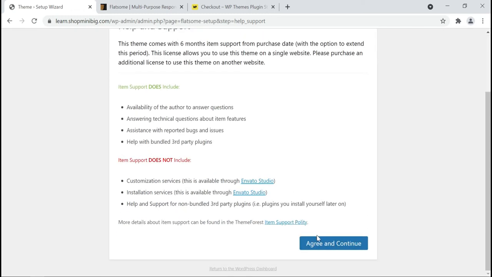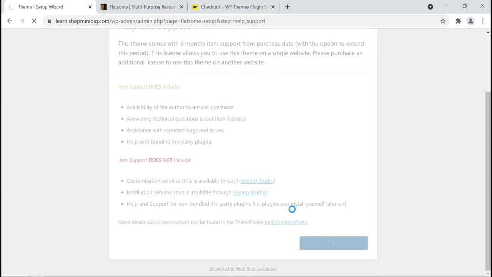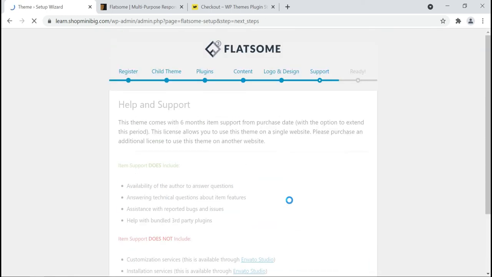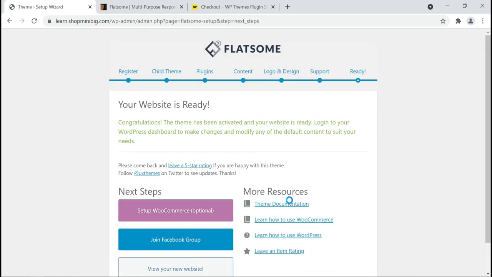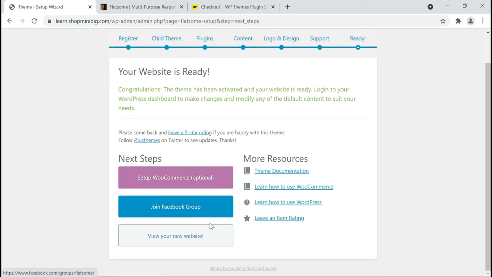Click agree and continue. Here is the message: your website is ready and the theme has been activated. Click view your new website to see your website.